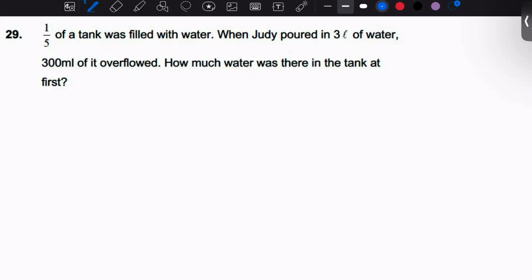One-fifth of a tank was filled with water. When Judy poured 3 liters of water, 300 milliliters of it overflowed. How much water was there in the tank at first? Okay,